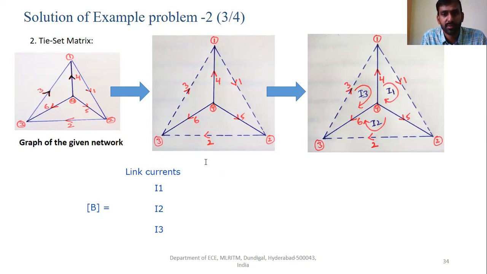So what are the branches? 1, 2, 3, 4, 5, 6. So these are the branch currents.